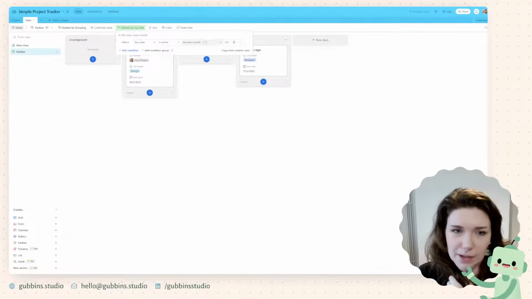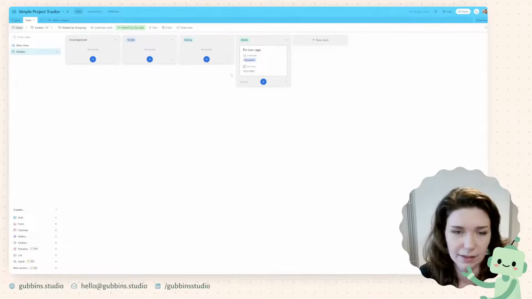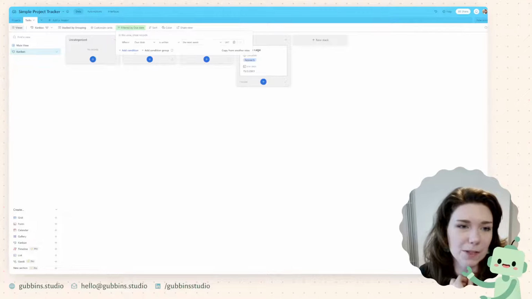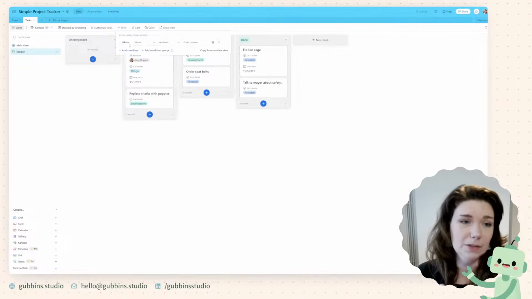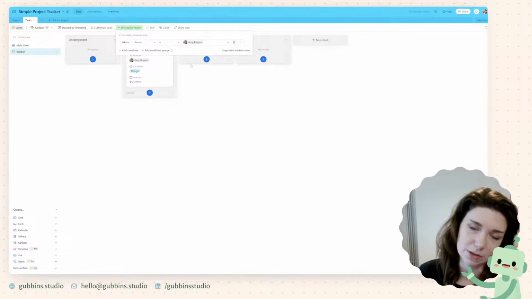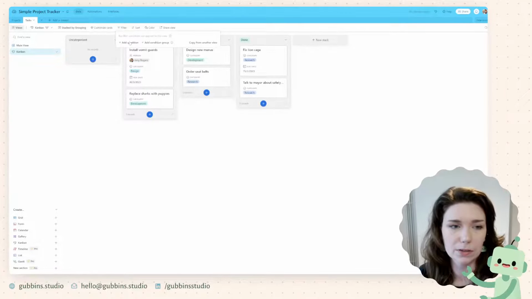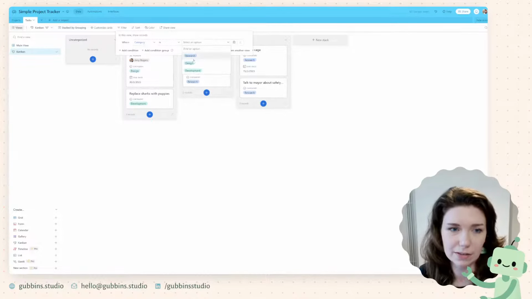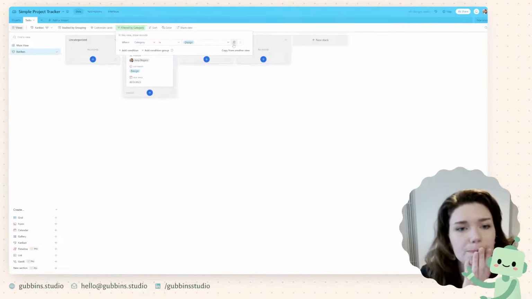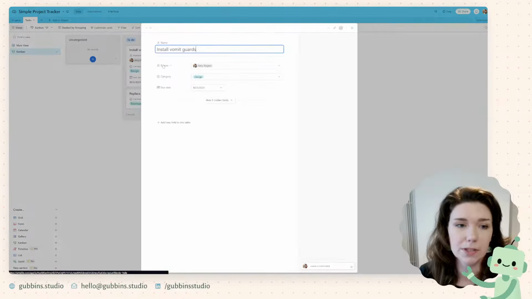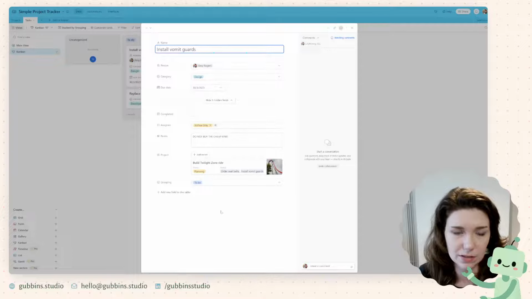So if you filter by the next week, then only the tasks that you need to work on in the immediate future come up. If you were working on this with multiple people, you could filter it where the person it's assigned to is you, and it will just show you your tasks. If you wanted to, what's the other one? Where category is design, I think is the other one, and testing. You can do it that way. Custom fields, I've already shown you how to add custom fields. If you wanted to add subtasks into each of these,